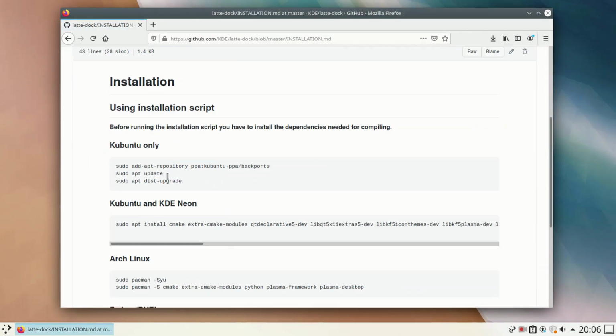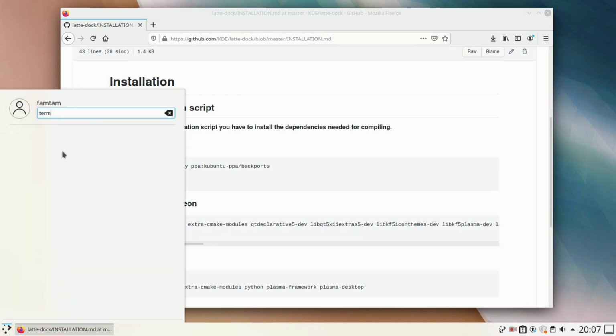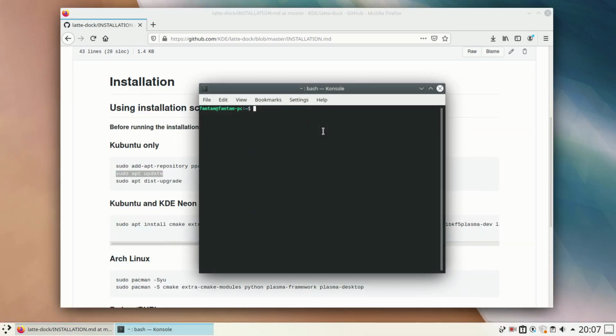4 lines of commands, so these 3 and this one. From here, let me tell you something, and that is I have already added this repository while I was installing kde-plasma-desktop, so I don't need to type this command all over again. So I'll just type these 3 commands, I mean just copy and paste it in the terminal. So I'm going to go to the terminal, and here I will just paste it,